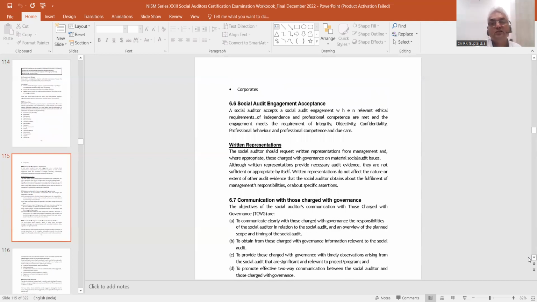ये सारे के सारे स्टेकहोल्डर्स। उसके बाद में सोशल ऑडिट एंगेजमेंट एक्सेप्टेंस। ये सोशल ऑडिट एंगेजमेंट एक्सेप्टेंस में क्या है कि बेसिकली आपको क्या देखना है कि ये जो आप एंगेजमेंट कर रहे हो इसमें इंटेग्रिटी, ऑब्जेक्टिविटी, कॉन्फिडेंशियलिटी आपको मेंटेन करनी है। अगर कोई रिटन रिप्रेजेंटेशन लेनी है तो वो रिटन रिप्रेजेंटेशन भी लेनी है, लेकिन उससे आपकी रिस्पॉन्सिबिलिटी कम